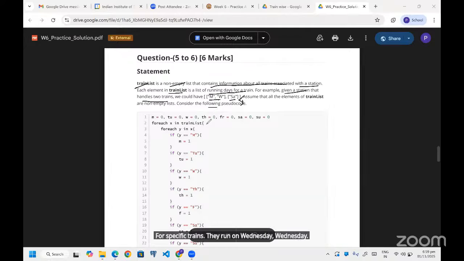For the other train, it runs on Saturday. This is for the given station: this is for station 1, this is for station 2, and on what days it's stopping at that station. Clear?